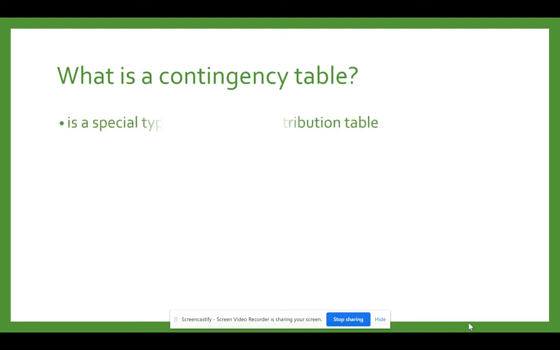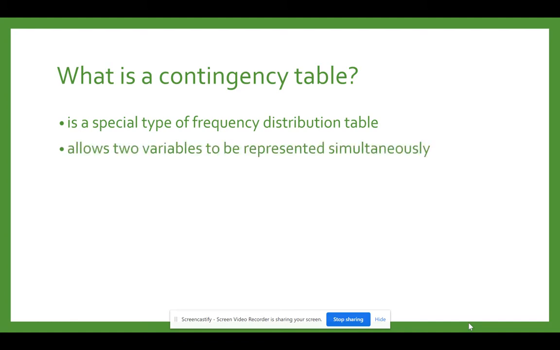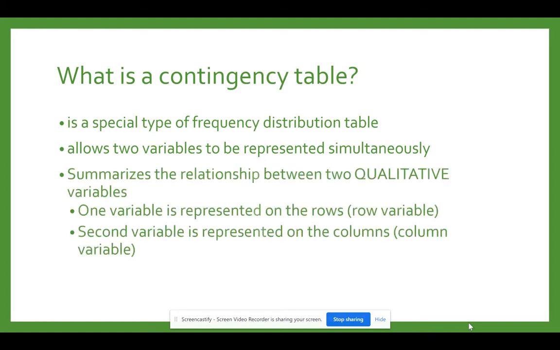But a contingency table is a special type of frequency distribution table that allows us to represent two variables simultaneously, or at the same time. And so what it does is help us to summarize the relationship between two qualitative variables. Now that's important to note, that you're dealing with qualitative variables, which, if you'll recall, means you're using words